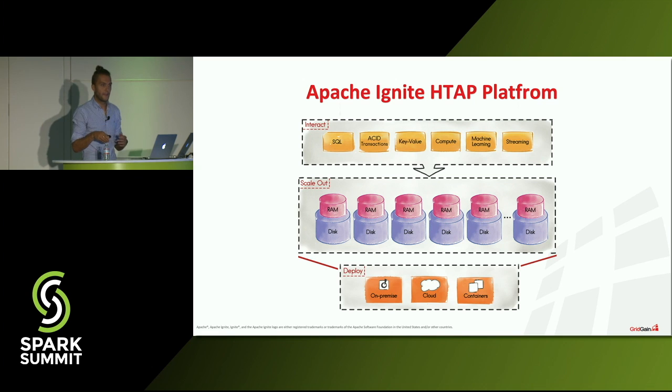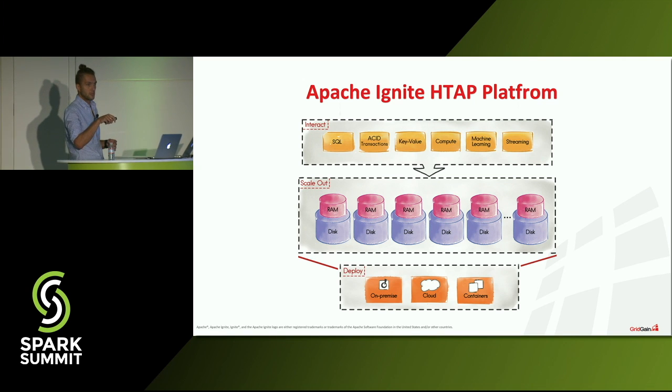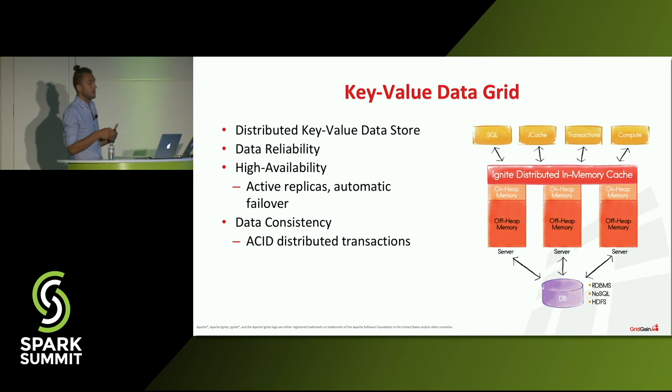So if we go deeper into the details of how the data is being stored and distributed across our cluster, we need to talk a bit about the key-value data grid. The data grid is the way the data is stored in your Apache Ignite cluster. If you take a look at this picture, we have 3 server machines, and every server machine is primary for a specific subset of data, which means that you can distribute all your data equally across your cluster, and this way you can distribute all the workloads that come into your